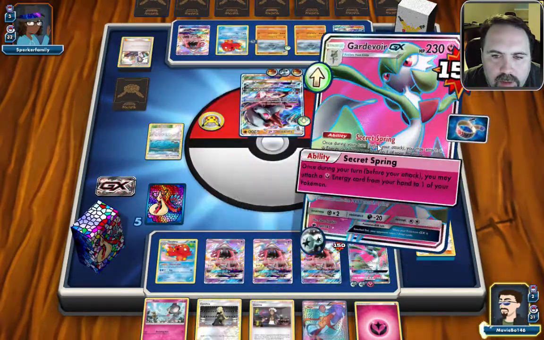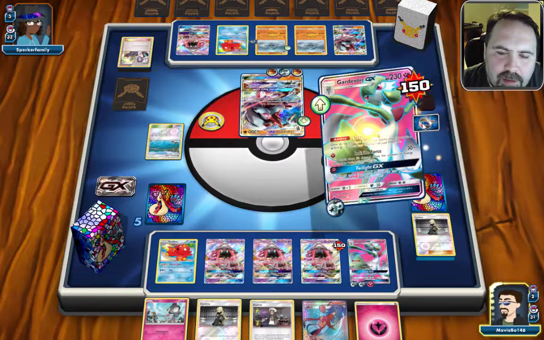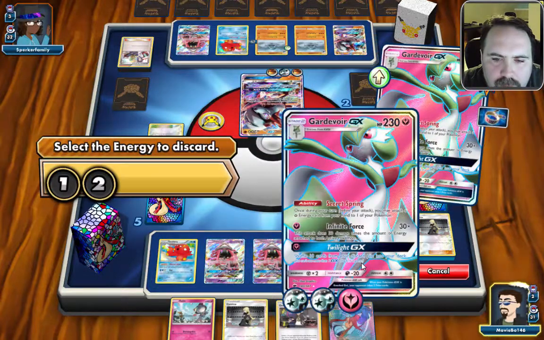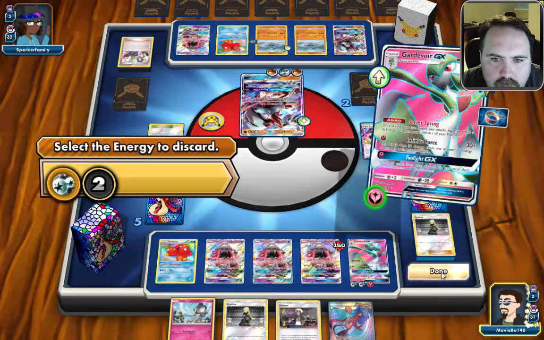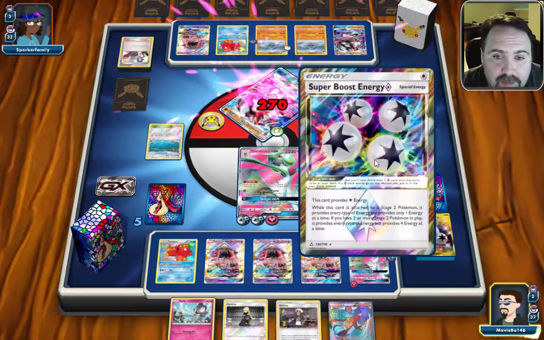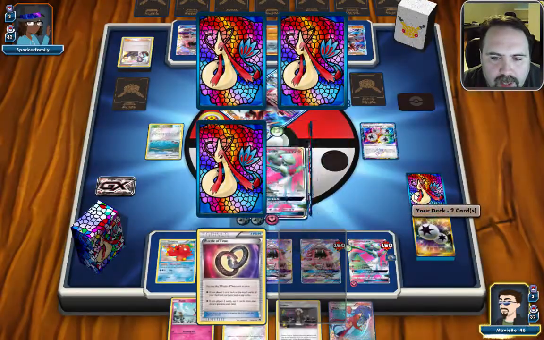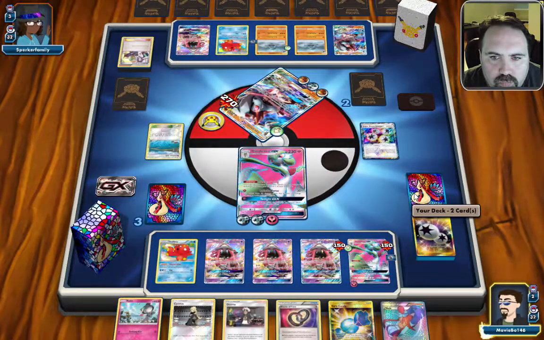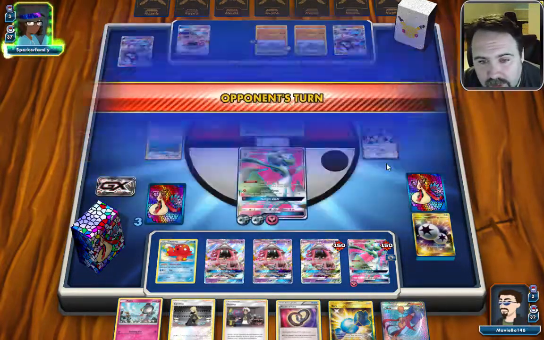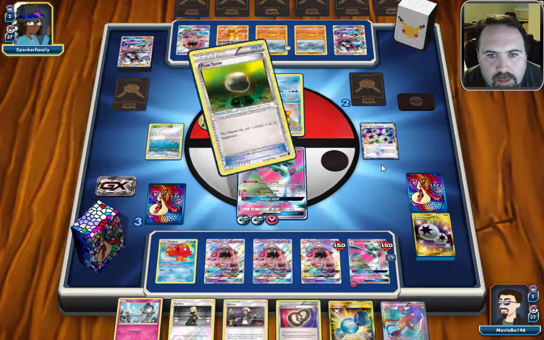We can retreat. We can Secret Spring. I don't know that we need to Secret Spring onto this Gardevoir, because if it's ever attacking, we're gonna lose. Okay, so we Infinite Force, take out the threat that they have in place, and we do have enough energy to 1-hit KO most of what they have. If we get the chance, we will certainly... Well, we're going to have to balance between taking Okos and taking...